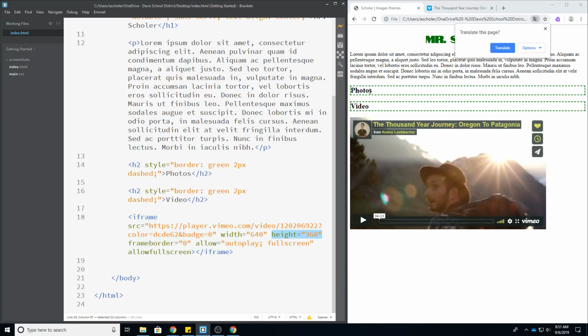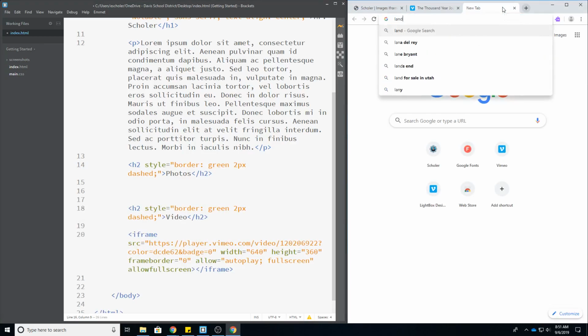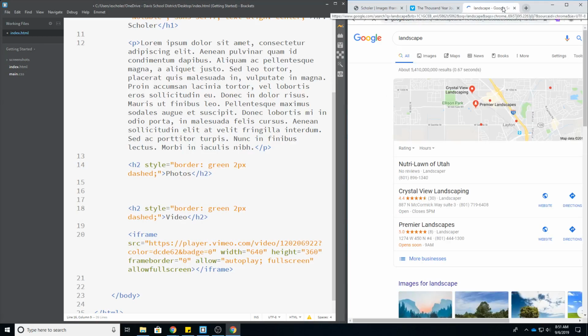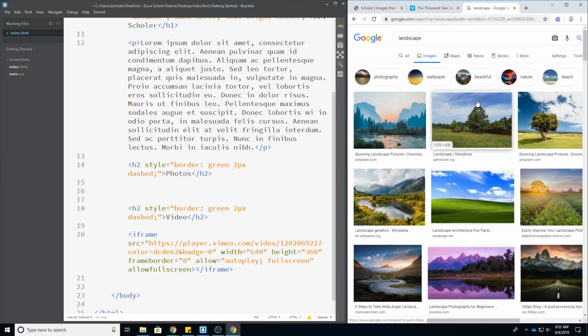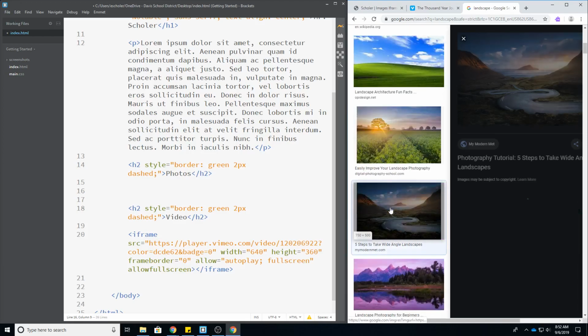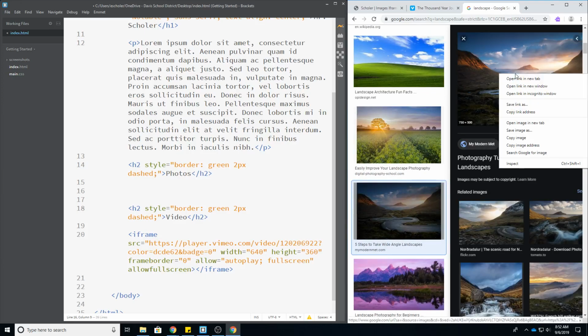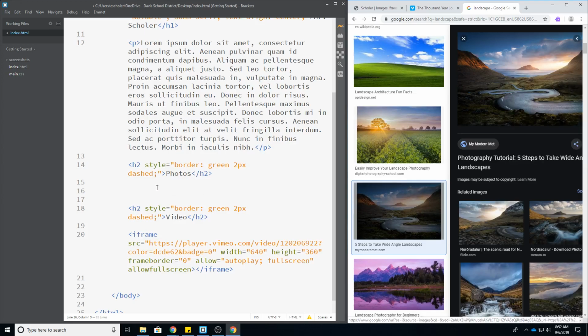Next thing you want to do is get some photos to put in. So we'll come up here underneath photos and find some photos. We'll go to images and just find some things that you like, that you think look good. Take something like this, and I want to right click and I want to copy the link address. Actually copy the image address where the image itself lives, the address right to that image. We're going to copy that, and then right here we'll put in